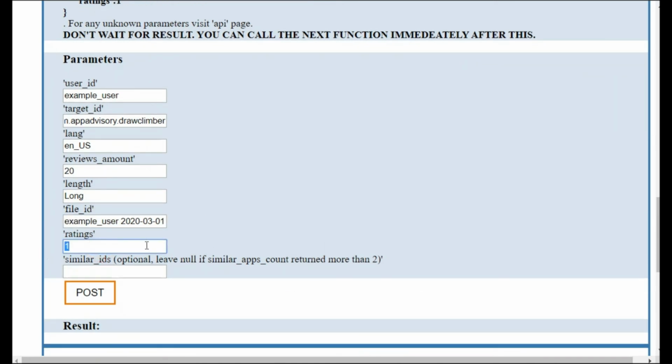Ratings, you can set there -1, 0, or 1. If you set 1, you will generate positive reviews. 0 is middle reviews, and -1 is negative reviews. But we will generate positive reviews. Similar IDs, it's optional